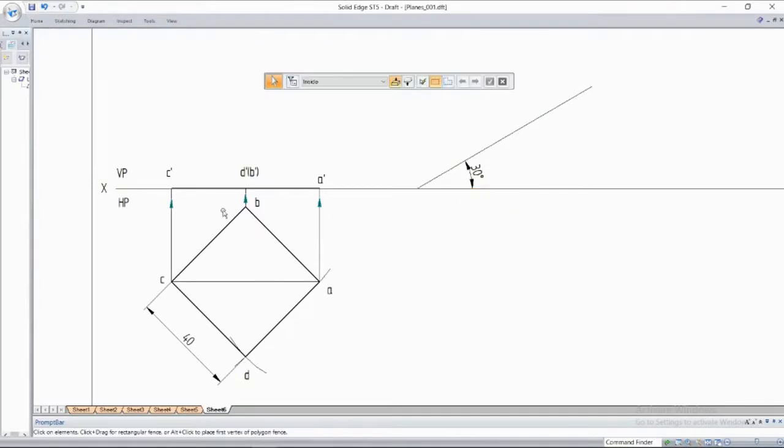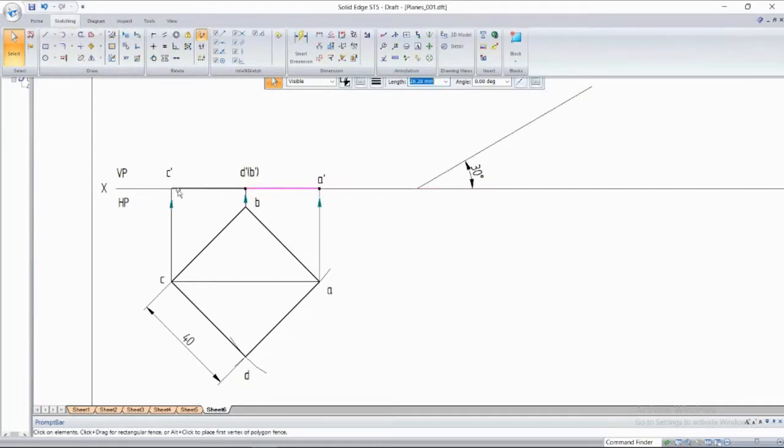Now, as you know, I have to place this line, that is from C to A, over this line, inclined at 30 degrees. What is this length? It is 28.28, and this is also 28.28. So you can just use your compass from this point. Measure this length, and from this point to this point, both lengths are same.